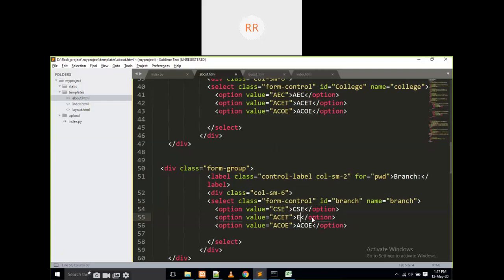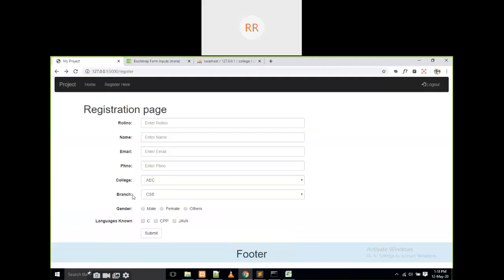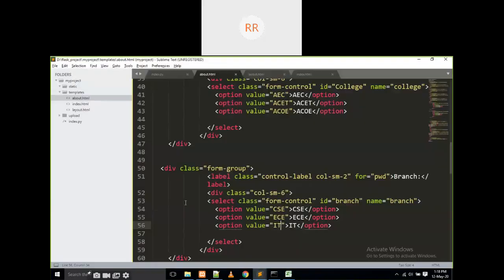For example, ECE, IT, like this. If you execute it, just look at branch. If you click on that, all the three values are coming like this.